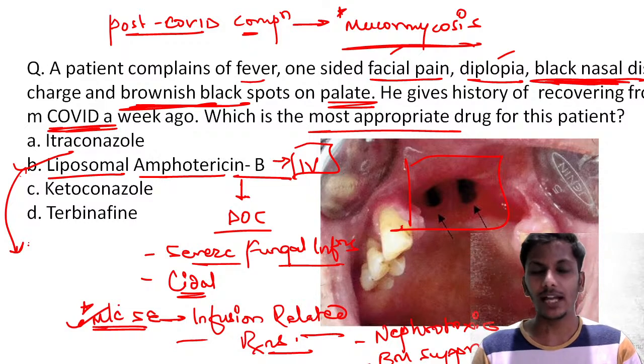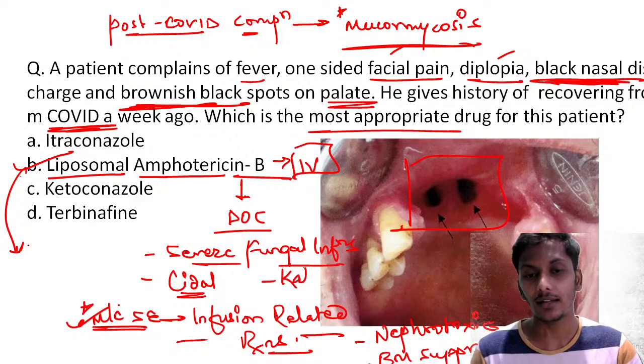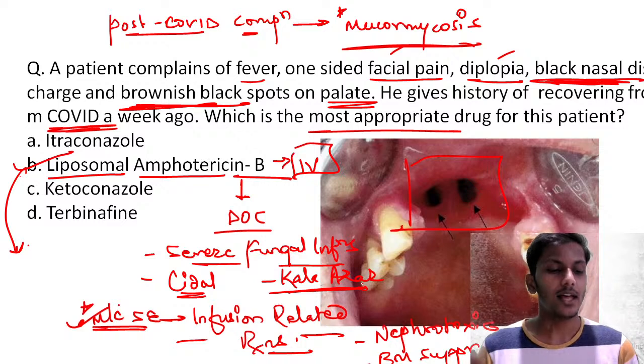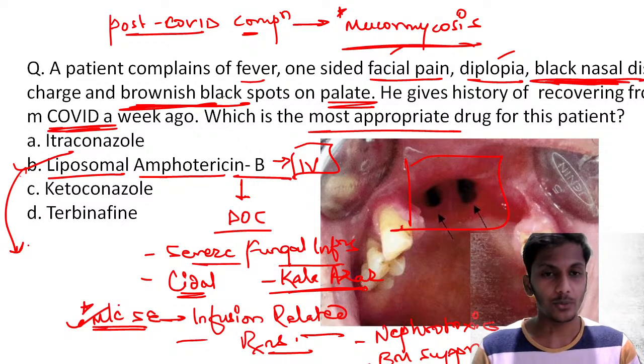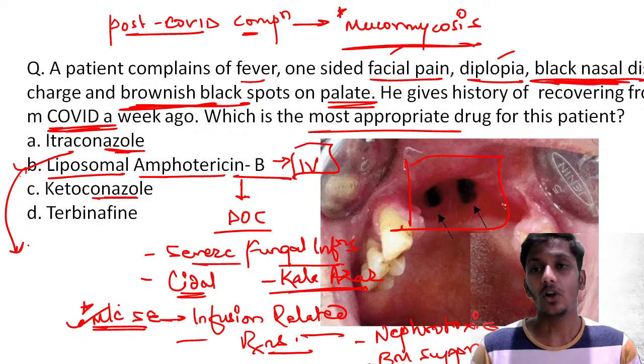I have already told you that liposomal amphotericin B is the drug of choice in severe fungal infections like mucormycosis and also in cases of Kala Azar. Important in PSM or microbiology. It is also a drug of choice in cases of Kala Azar, that is visceral leishmaniasis. Whereas all these other drugs that you can see, azoles, that is itraconazole or ketoconazole, or important